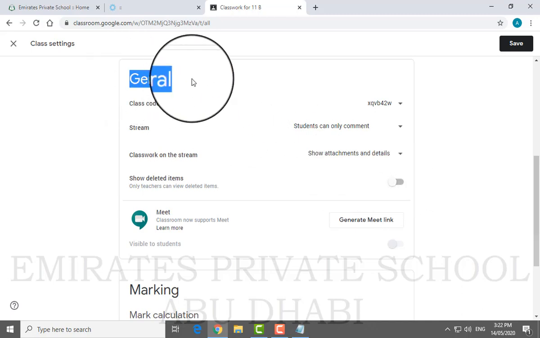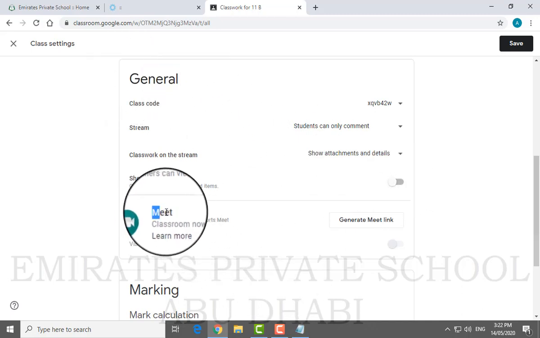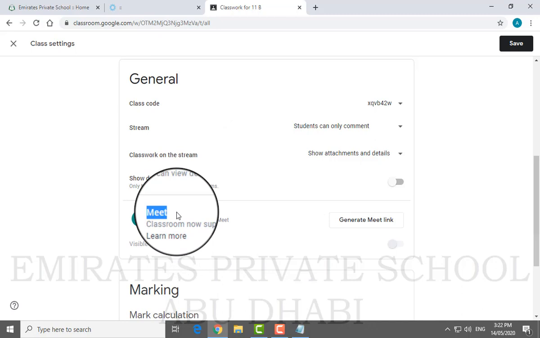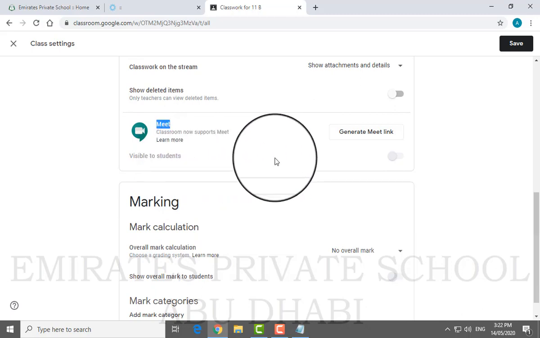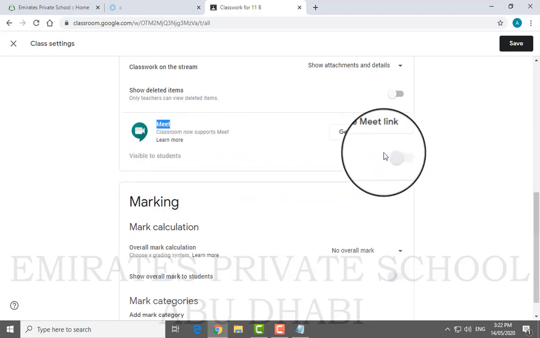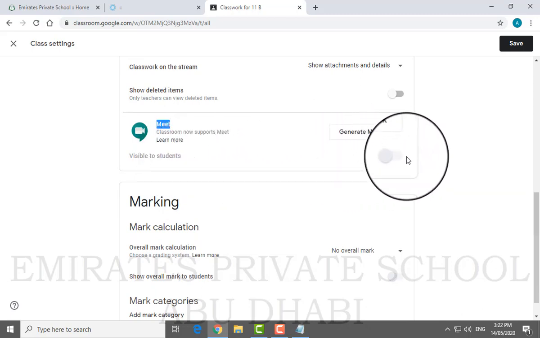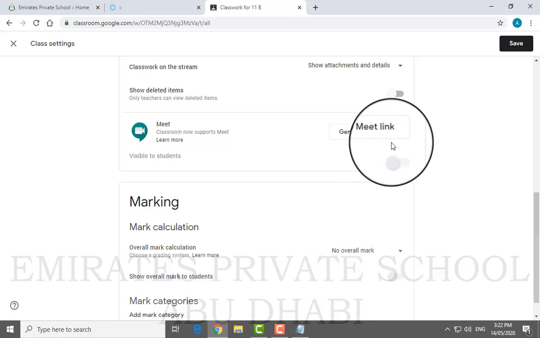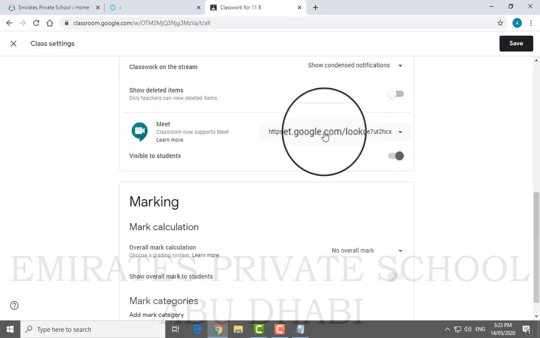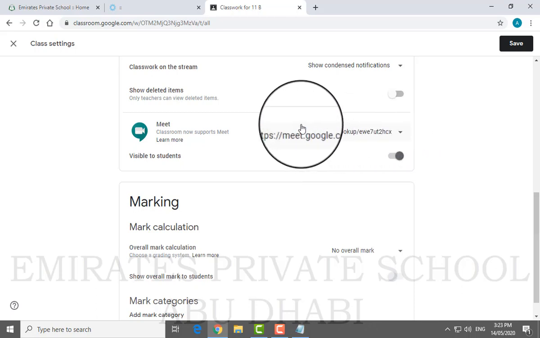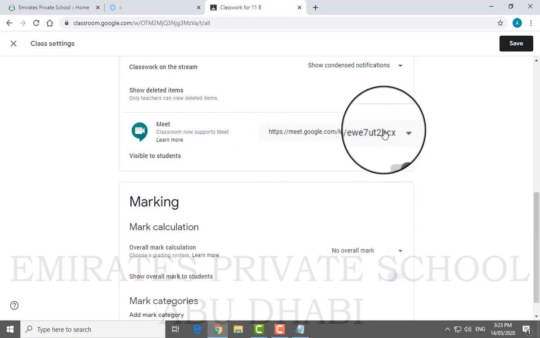Now after setting this general, the main part we are talking about is Meet. What you need to do is go to visible to the student, and you have to keep it on. If you don't keep this on, then the student won't be able to see it. So what I do is I click on generate, and it will generate a link for a Meet.